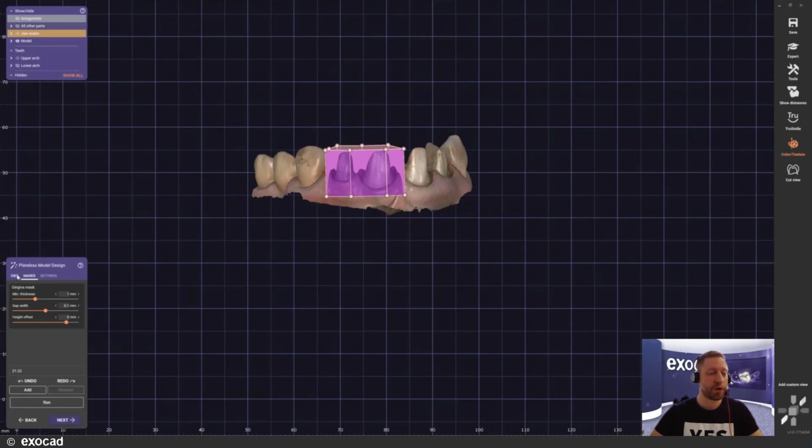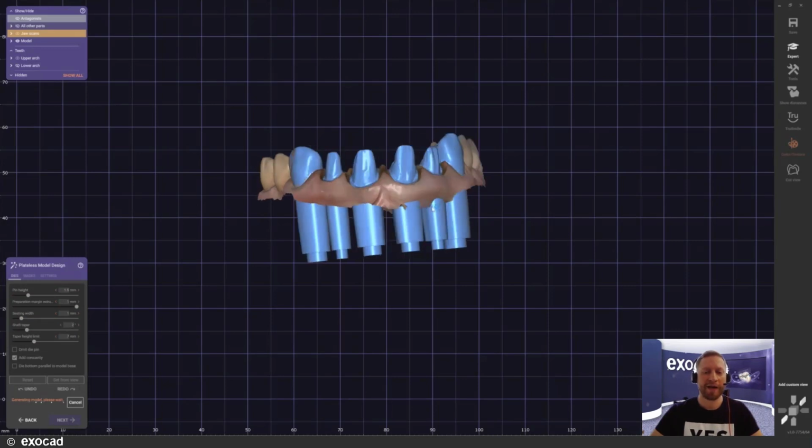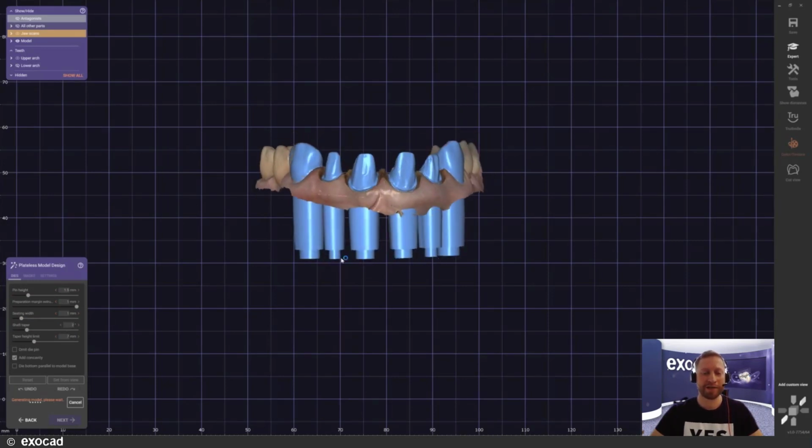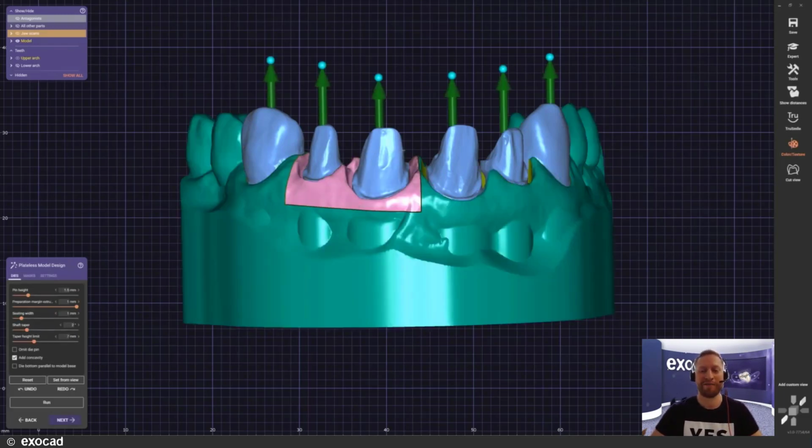And from here, I will just go through my settings real quick, see that everything is all right, and then click on run again. You can see we have our dies here. This time they come with the pins together. They're conical, just the way we wanted. Here we can see the outlining of the gingiva mask again. This time it looks slightly different, a little bit more geometrical. That's because instead of just one layer of the gingiva mask, we have an entire cube there that gives us a lot more tissue, if you want to put it that way, a more realistic feeling. The compression feels different. The back bounce of the crown will feel different. And I think that's a very neat thing for us in the laboratory to have.